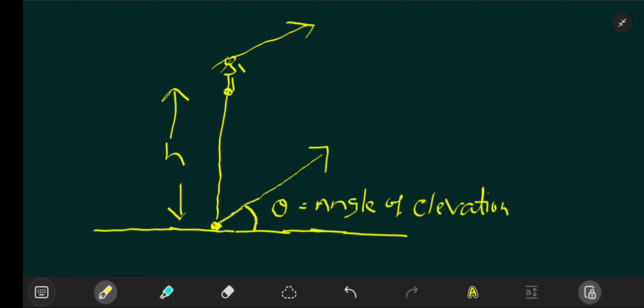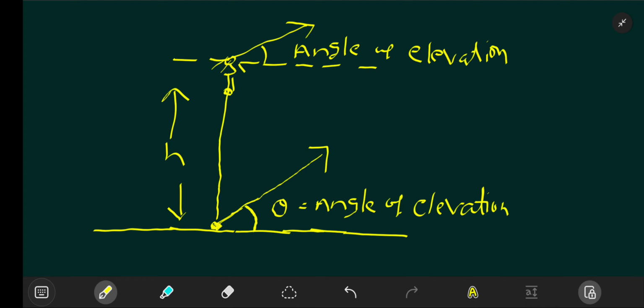Now with respect to him the horizontal is this one. Now the angle made by the horizontal with the line of sight is called angle of elevation. So wherever we are, if we look upwards, the angle of elevation will form. Okay. Next,